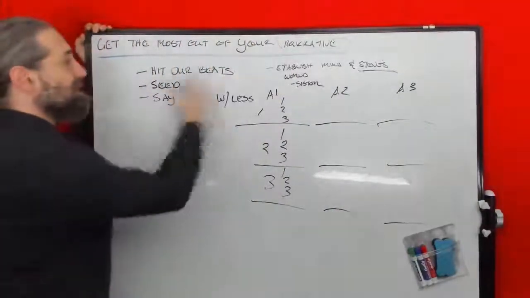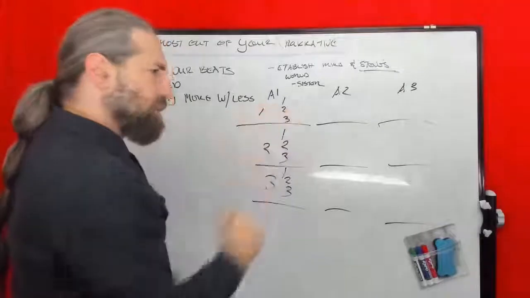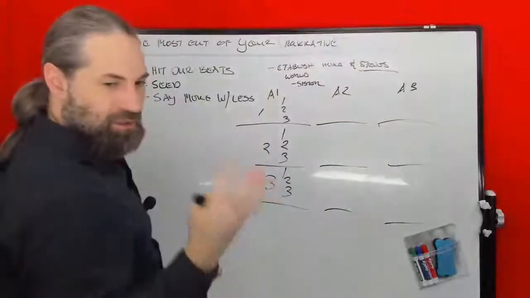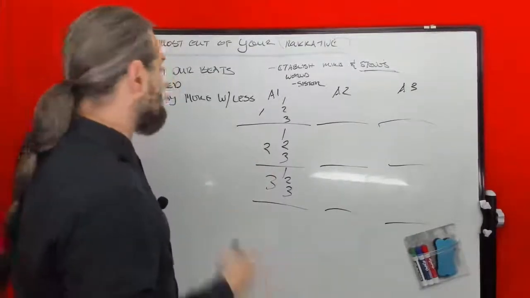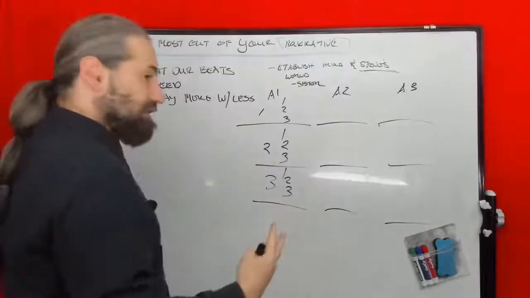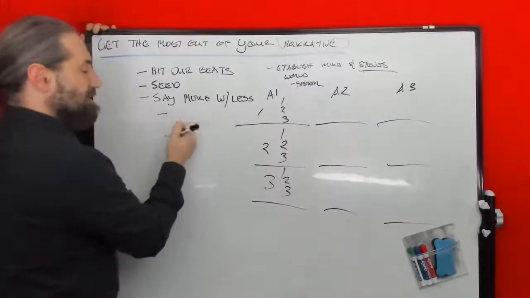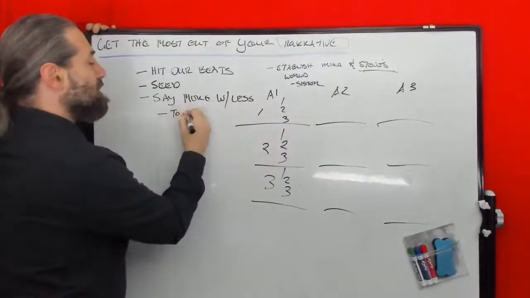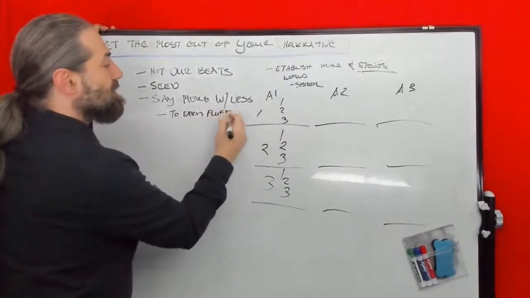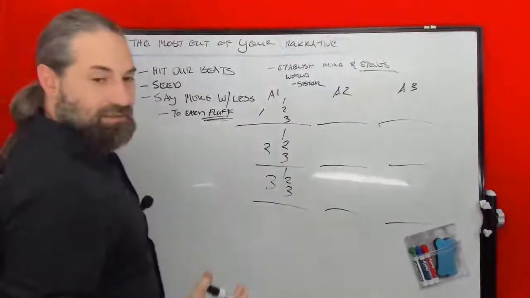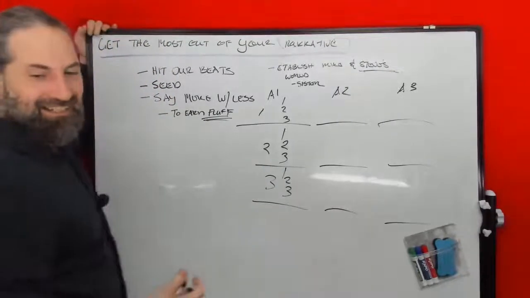So get the most out of your narrative, hit our beats, seed as much as possible, but don't be outright. Don't be like, we need the sword of so and so, right? Because that's just exposition, right? But seeding might be like, if there was only a weapon or something that could stop this person, that's the first seed. And maybe we don't have to answer it right now. You can answer it later, right? You want to say more with less to earn it. Some writers will fluff out scenes, and then what do they get from their editor? Hey, can you cut back 10,000 words, right?